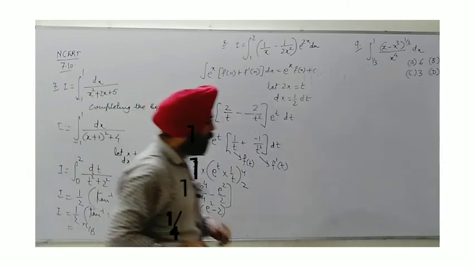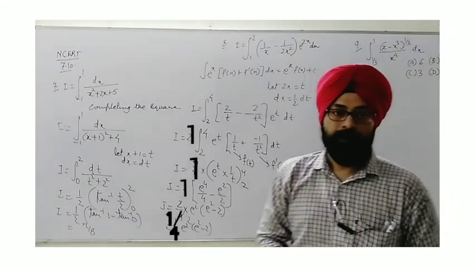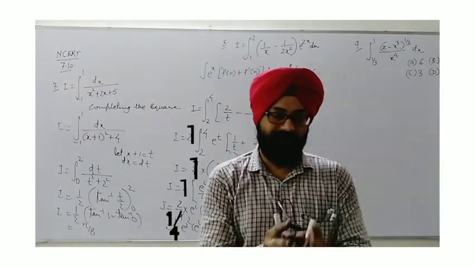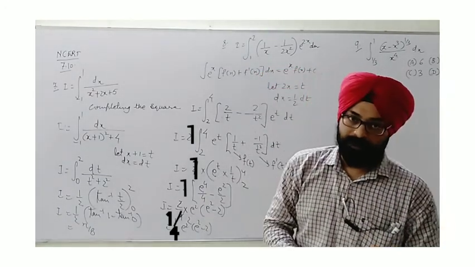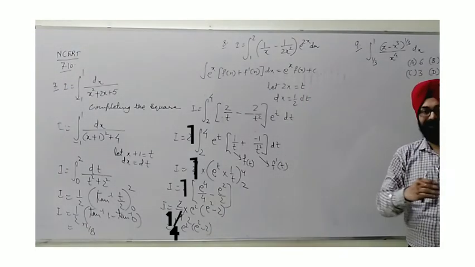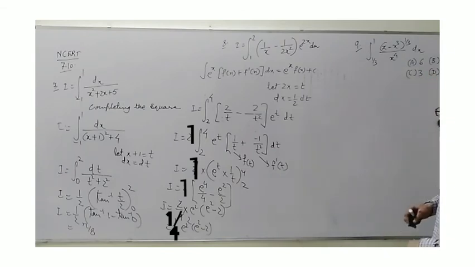And the next question, number 9, the last one, again objectives. As this is different from the earlier categories, here we see (x minus x cube) whole to the power 1 by 3 upon x to the power 4. Generally students ask that whenever the substitution method is to be applied, which portion of the function should be taken. Not from the conventional method, I will say, you can check in almost all or maximum cases, you will find the portion of the function which is creating the problem should be substituted as t. Not always true, but yeah, very much it is applicable.